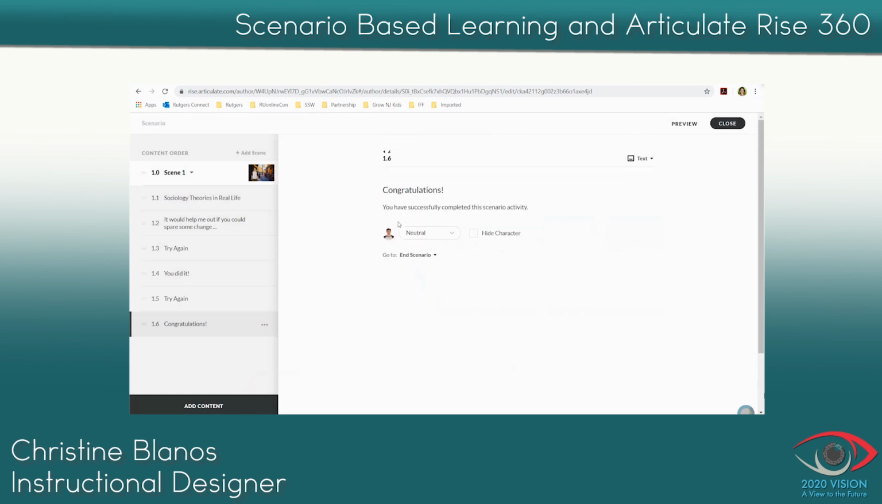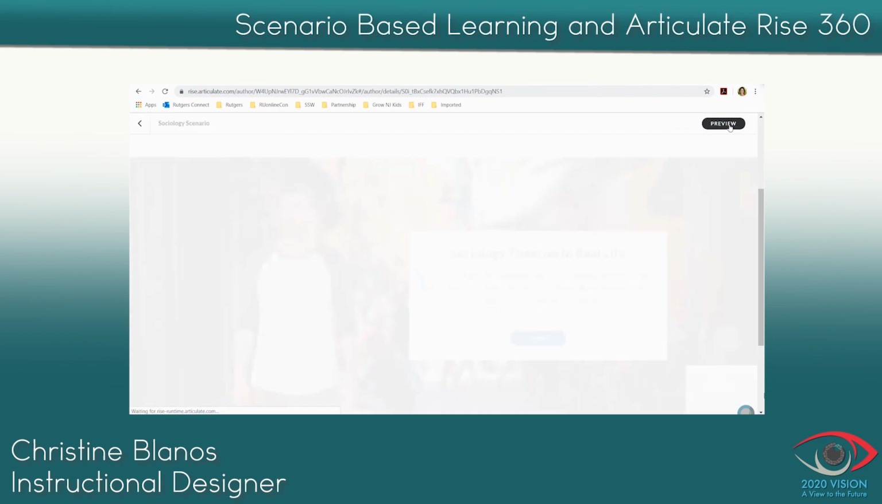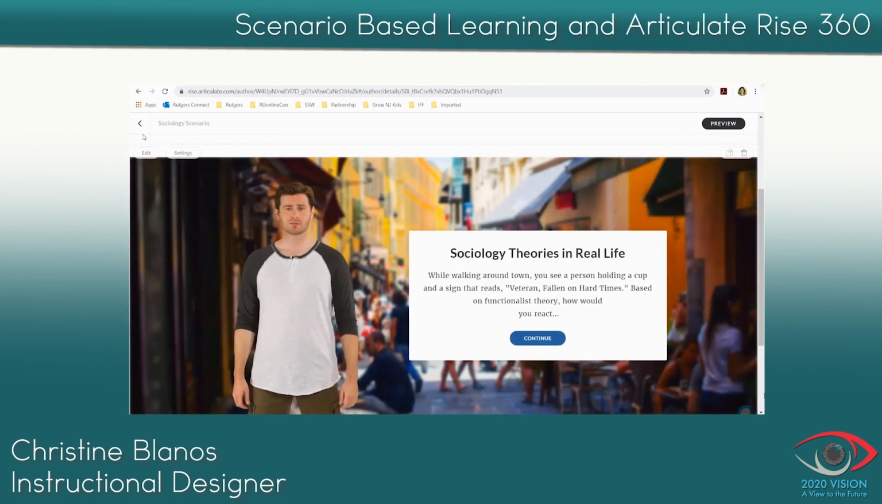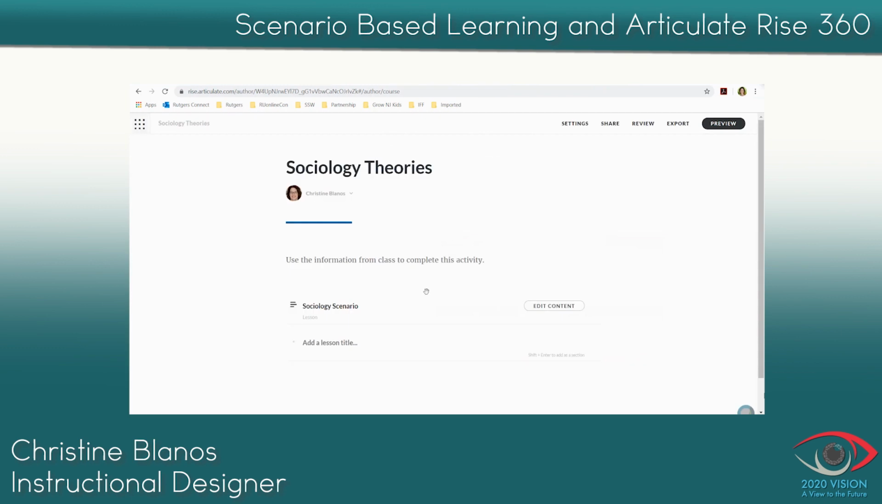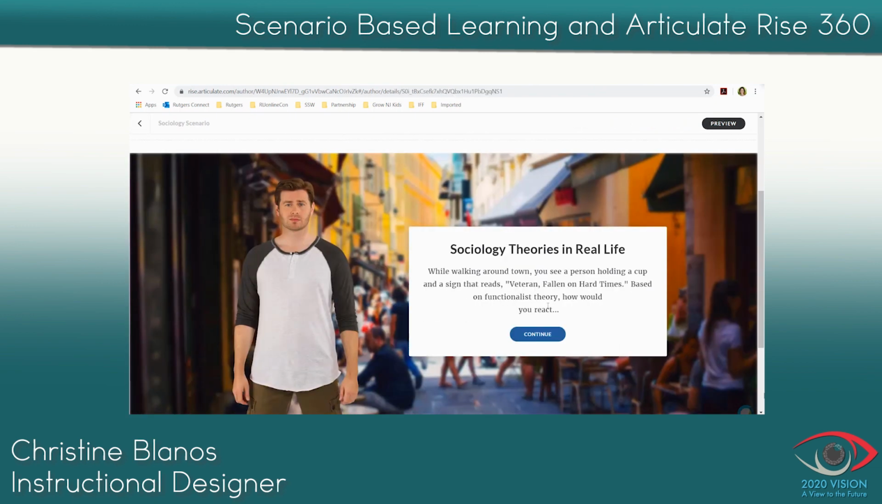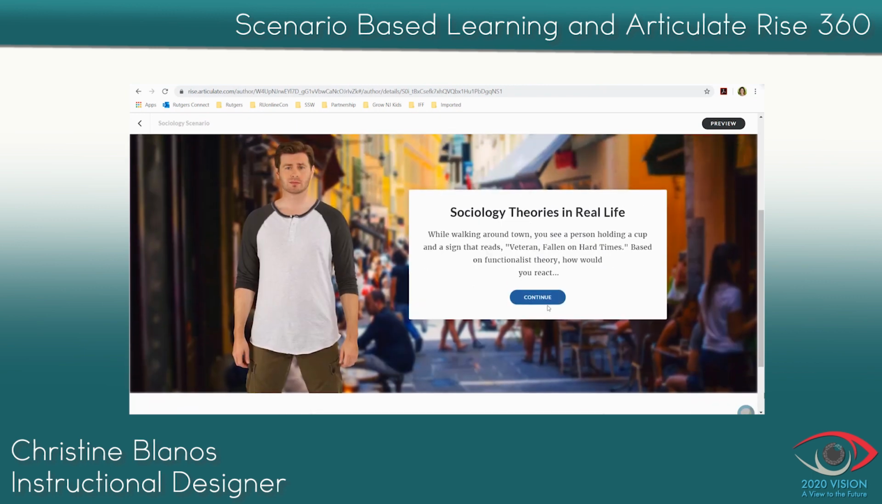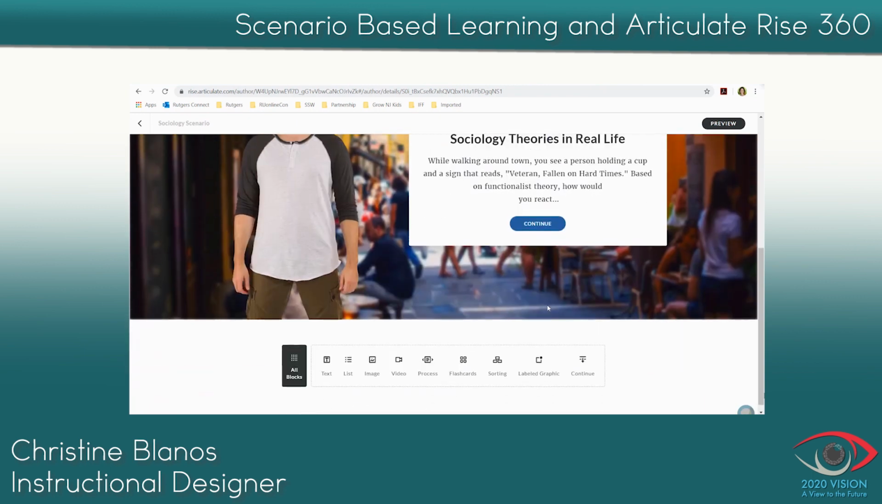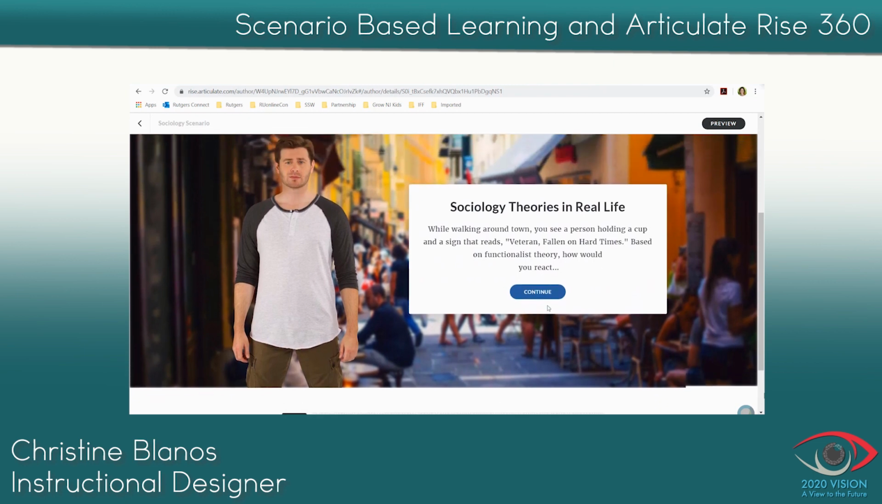Now, I mentioned before, I'm going to close the preview, and I'm going to go up to this arrow up here and go back to our main page. And I'm sorry, I'm not going to go to the main page. We're going to get out of the preview, and we are going to now add the conclusion. So to do that, you just scroll down,